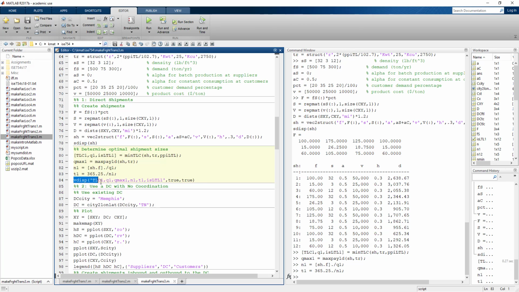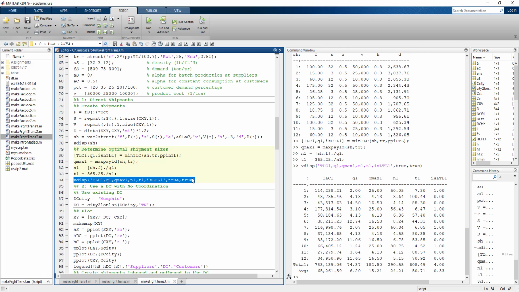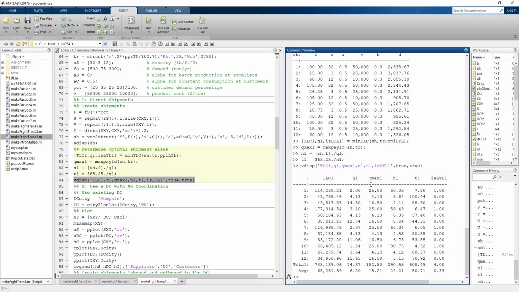And then I can use vDisplay to display all of this. So it gives me all this information about all the shipments. It tells me the optimal quantity being shipped, the total logistics cost. It also adds up the total logistics cost for all 12 of these shipments. So I can use this direct shipment as a baseline to compare the different transshipment alternatives